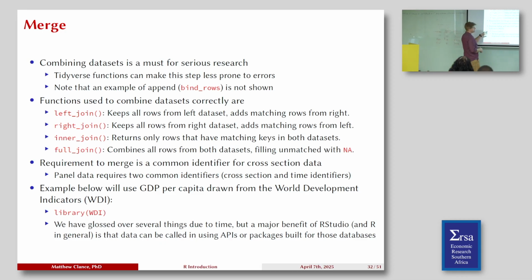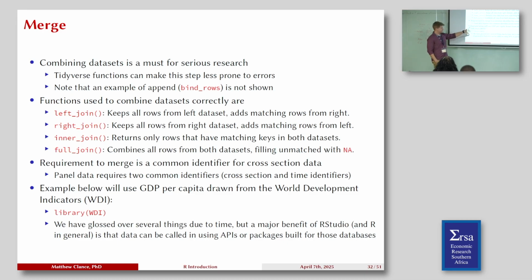And in this case, if you need a panel, we're going to need two common identifiers here: the unit under observation as well as whatever the time outcome is, in this case year or whatever. So you have to tell it this because it's not going to guess for you. You have to let it know what you're combining. So for an example, and by the way, this isn't something you probably should do, it was just two data sets that were available, so it was easy to grab.